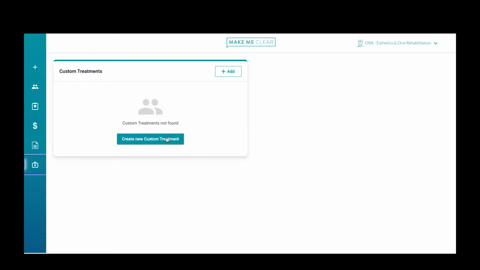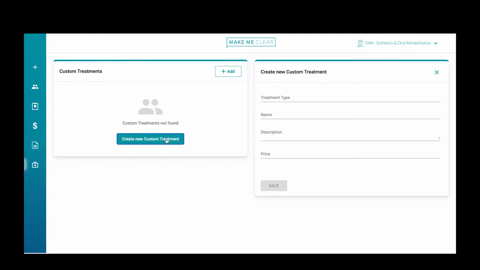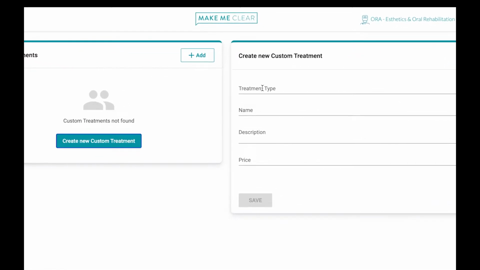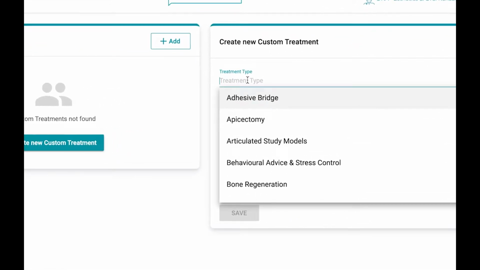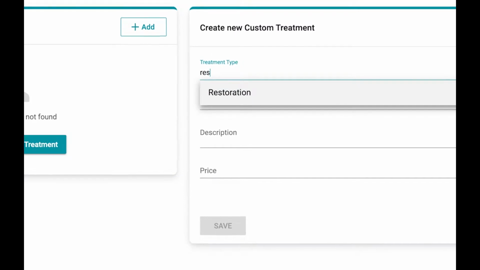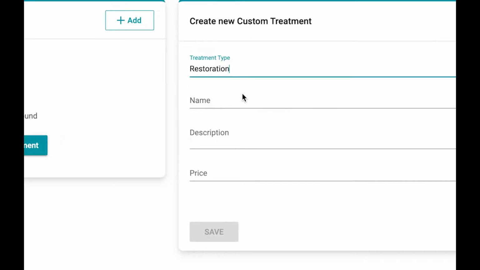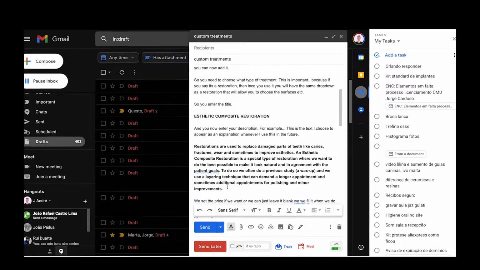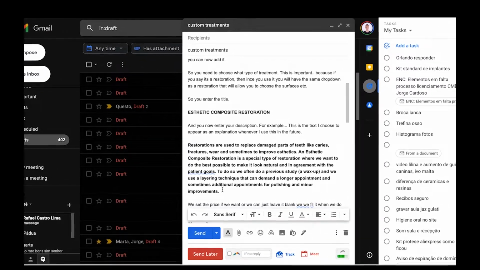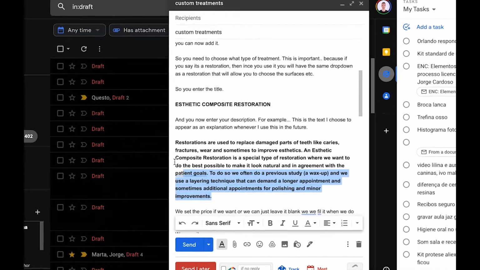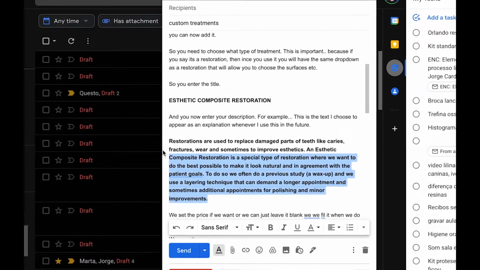So you need to choose what type of treatment. This is important because if you say it is a restoration, then once you use it, it will have the same drop-down options as a restoration, and that will allow you to choose the surfaces. So you enter the title, Aesthetic Composite Restoration, and now you enter your description. For example, this is the text I chose to appear as an explanation whenever I use this item plan in